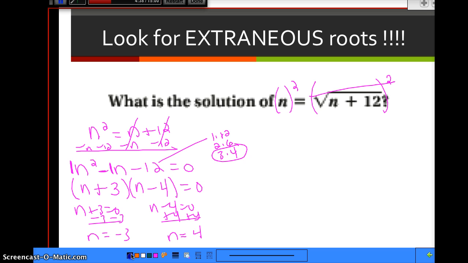Let's check to see if either one of these work. If none of them work, it's no solution. Maybe one will work or maybe both will work. So I'm going to put it back into the original problem. Let's try -3 is equal to the square root of -3 plus 12. -3 plus 12 is